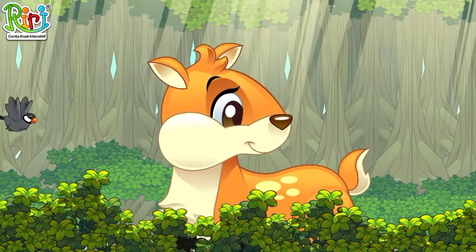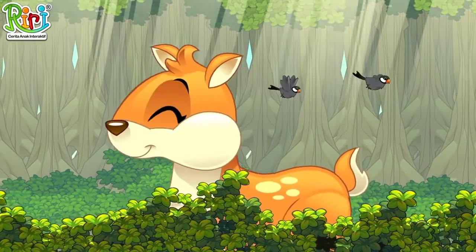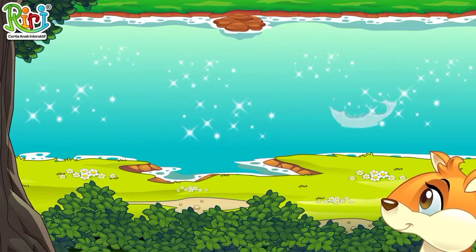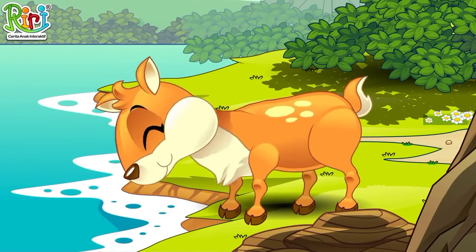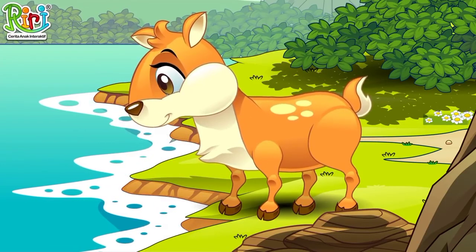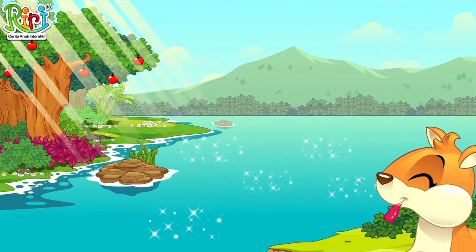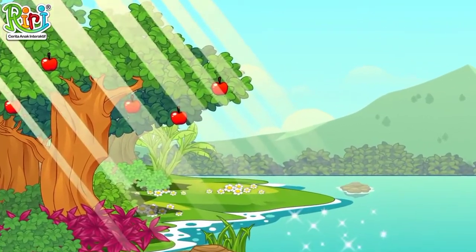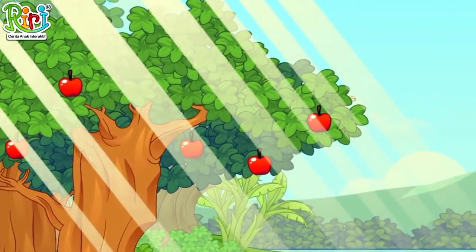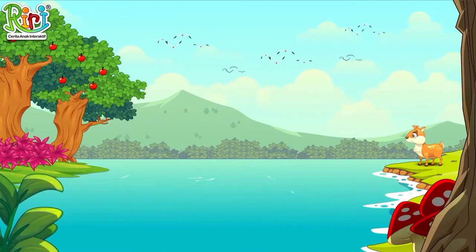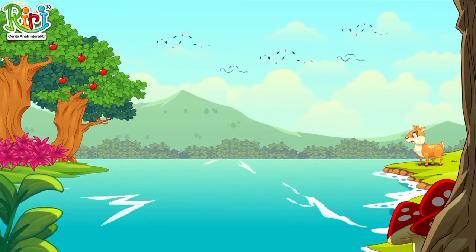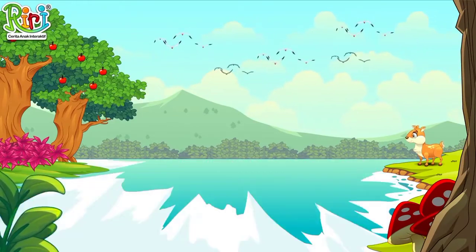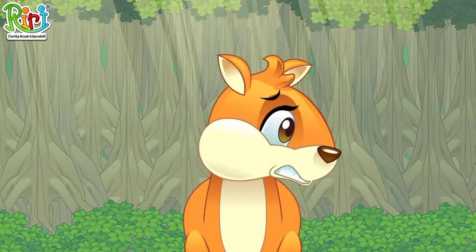One day, the deer walked to look for food, but because the sun was very hot, he stopped by to drink water by the river. Ah, the fresh water of this river! After drinking, the moose deer saw something interesting across the river. It was a fresh fruit tree, but unfortunately the river current was very fast. The moose deer looked for a way to cross.